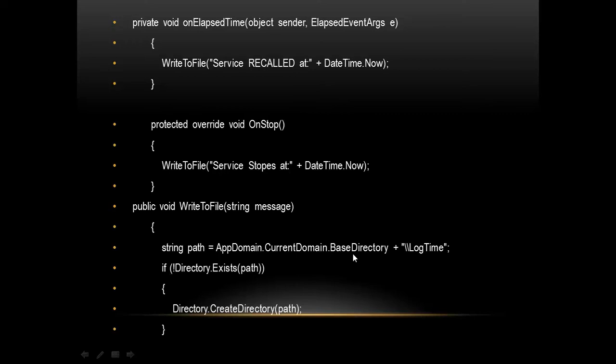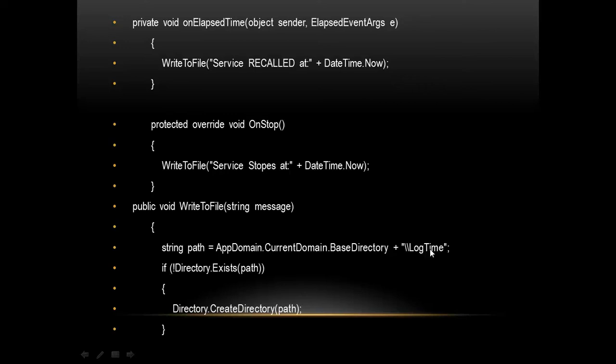When you compile your application, that exe will be created in this base directory, so it will give the current application path, for example, C:\TestWindowsService\bin\debug. That is the path you will get.